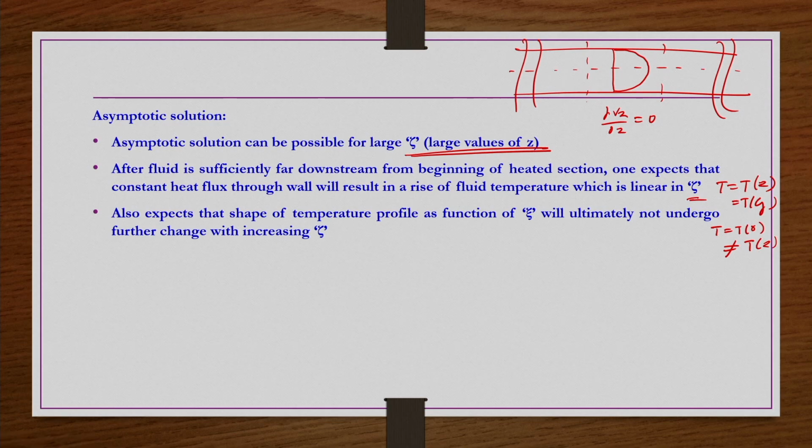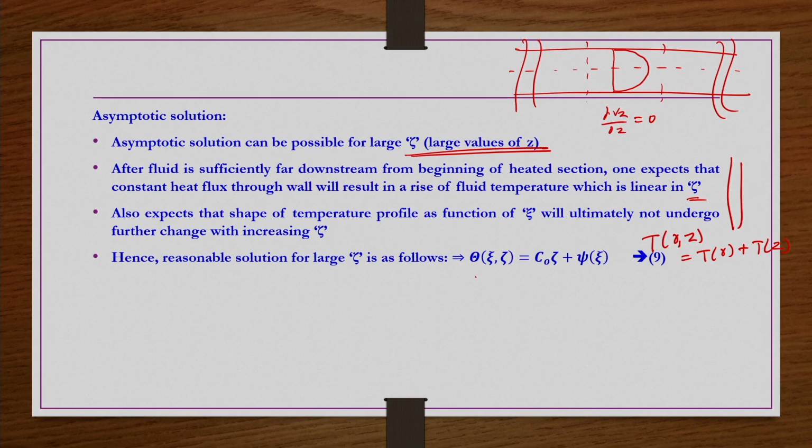So, basically what we are trying to do here now from these two assumptions is that whatever the T as a function of R and Z is there, we are trying to write T as a separate function of R and a separate function of Z, and we are taking their effects as additive, and that is quite possible if the flow is fully developed. So, then the non-dimensional temperature would have this form. This is the form of the solution now. This is not the problem equation, this is the solution equation, right.